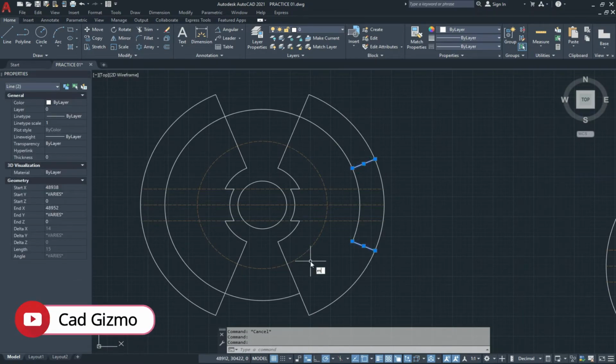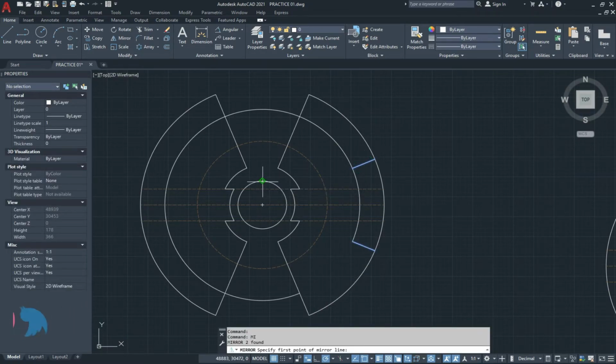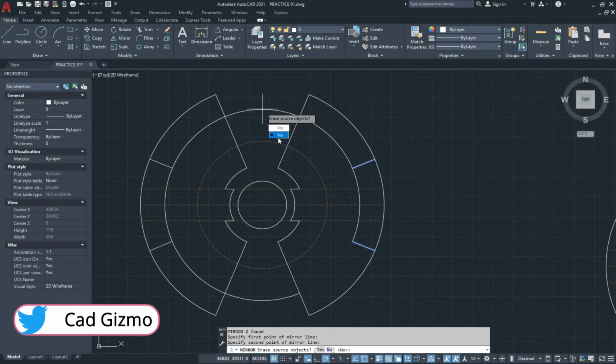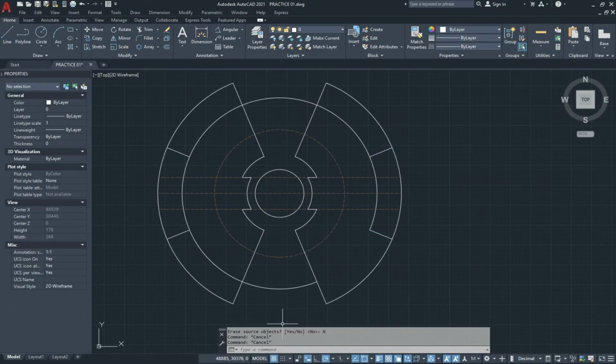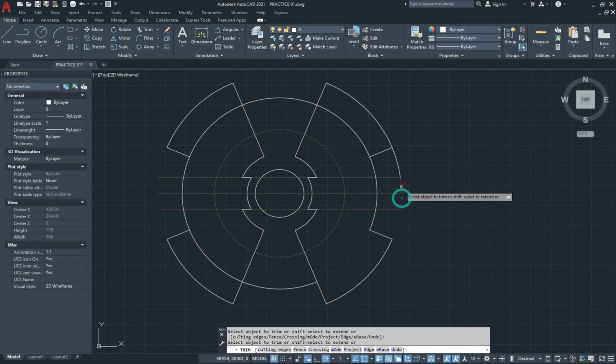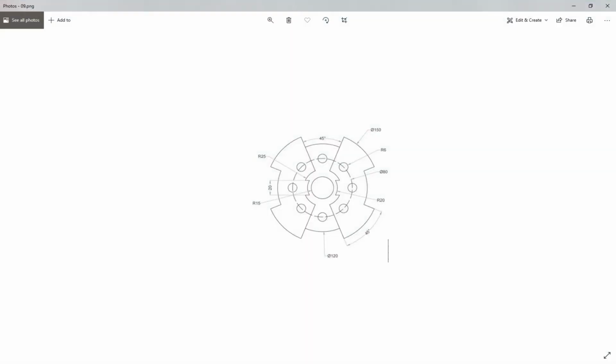Select both the lines and mirror them. Now we trim our circle like this. And we have our shape.